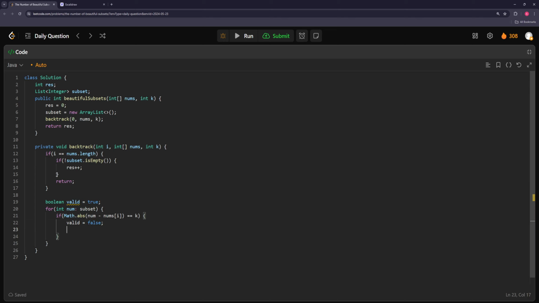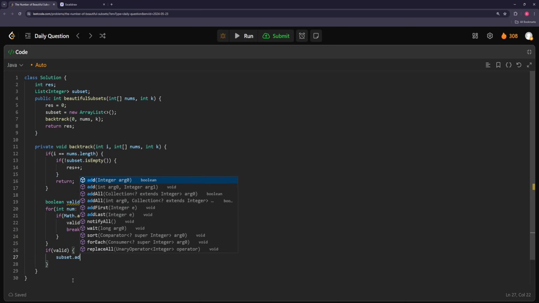If there's one conflict, that's all you need. So now basically we need to check, did we go through our subset? And if there is nothing invalid, then we can try to add this current number to our subset. So if valid, then we can try to add our number to the subset. So subset add